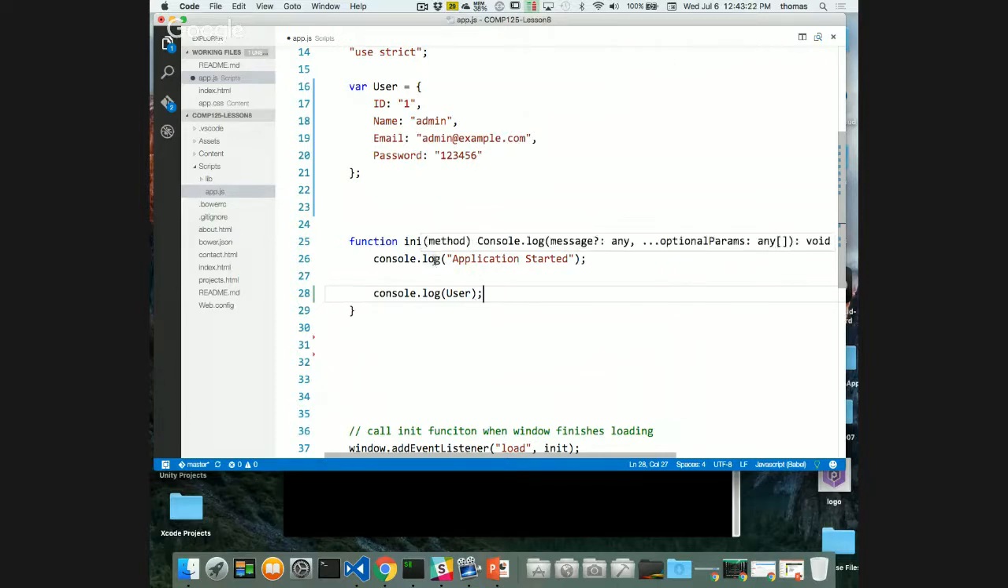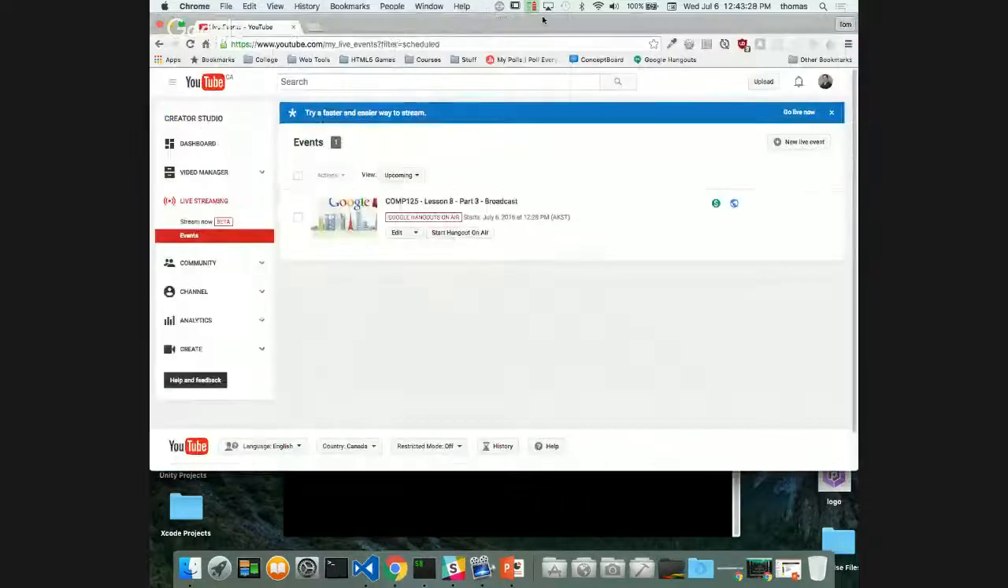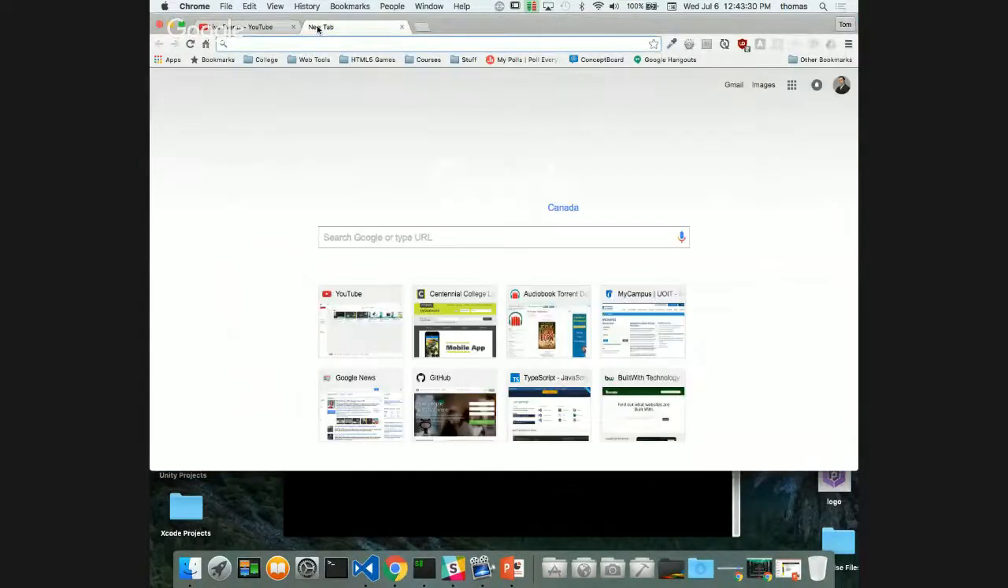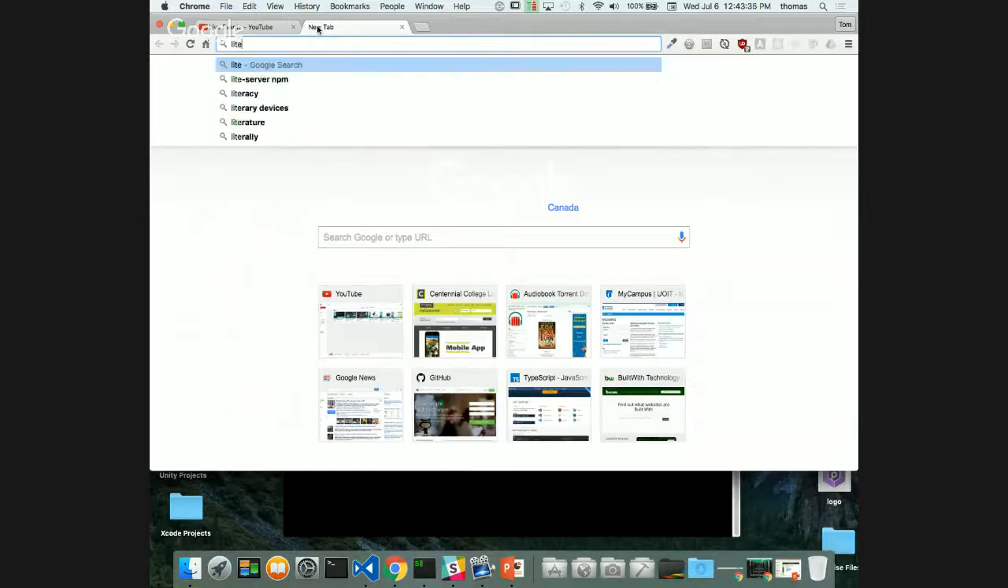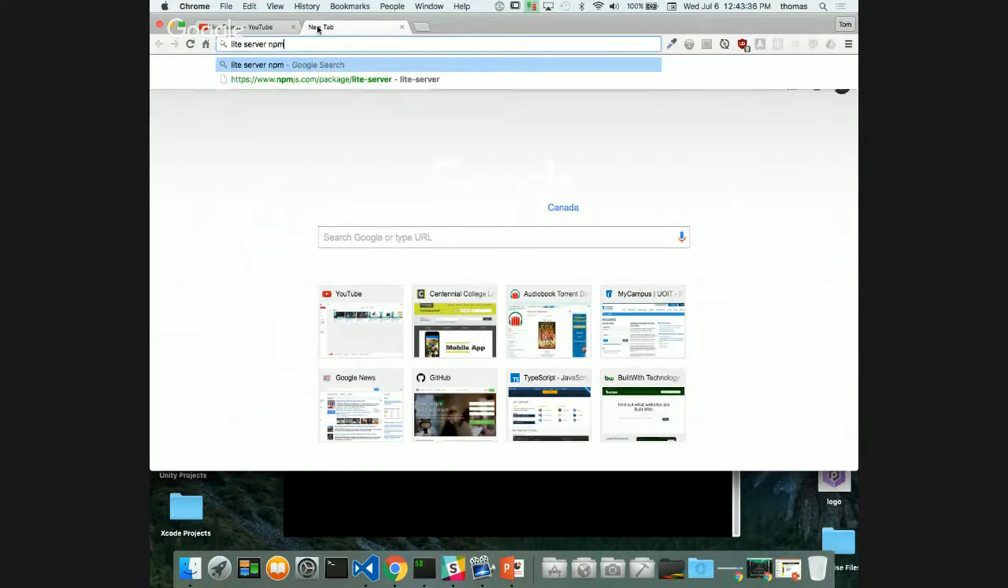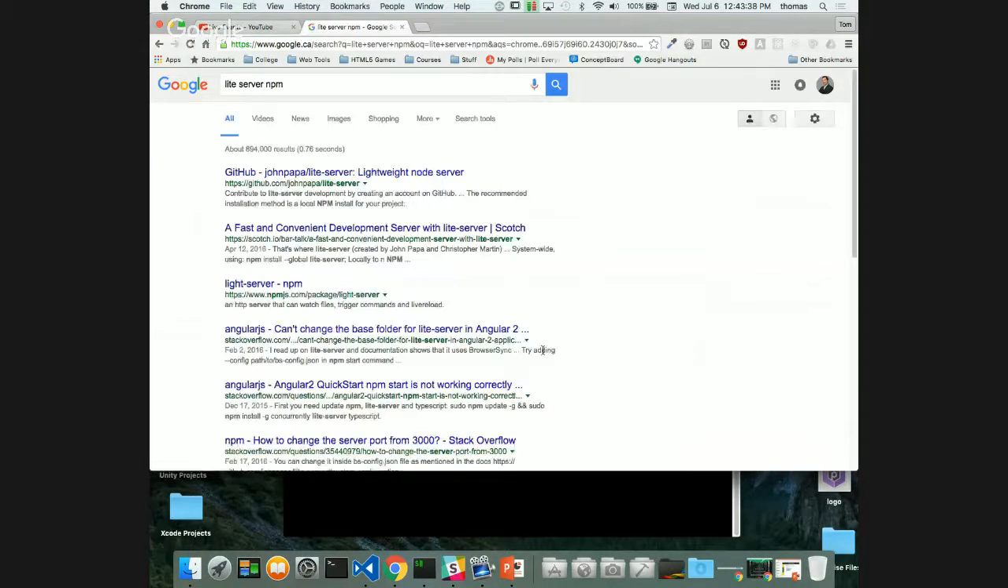I'm going to run my code, and I'm going to use Light Server again to do that. Again, for those people who had problems installing it last time, all I did, and it means that your npm might not be working properly if you can't do this. If I go Light Server npm, right? And if you go there,